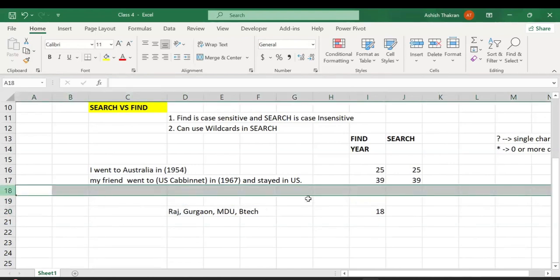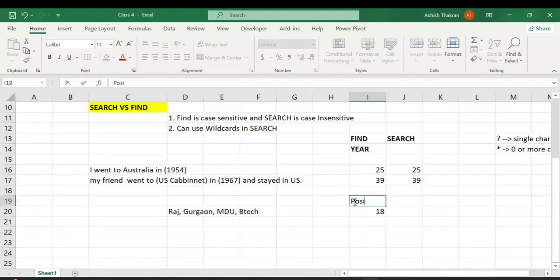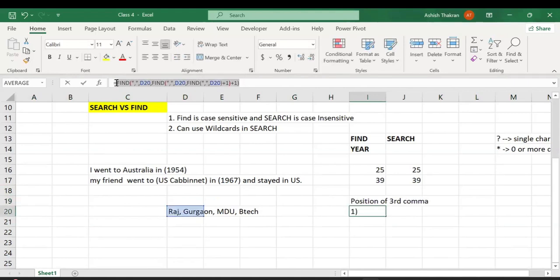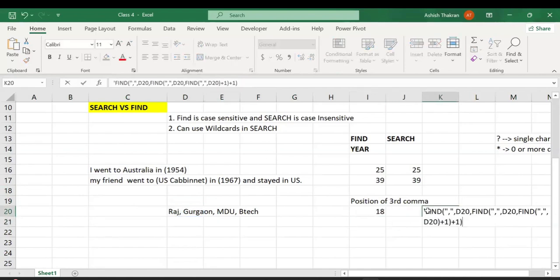Vidhi, clear? एक सेकेंड फॉर्मूला देख लूं मैं। ठीक।